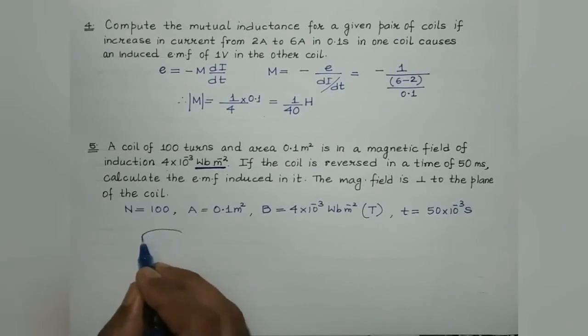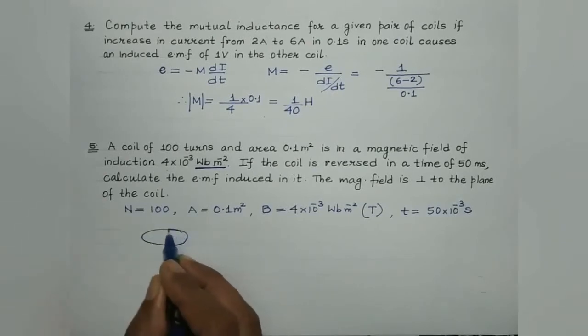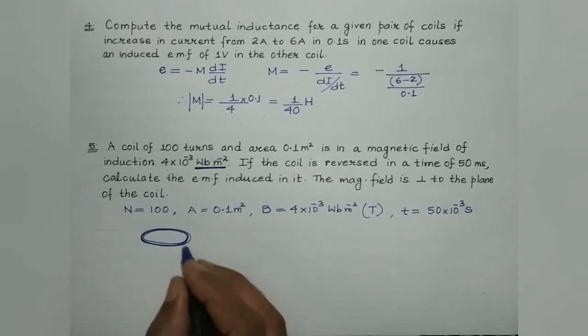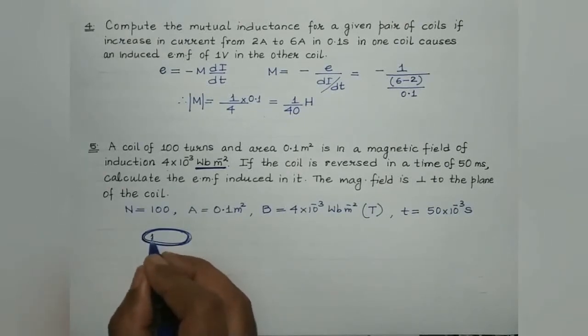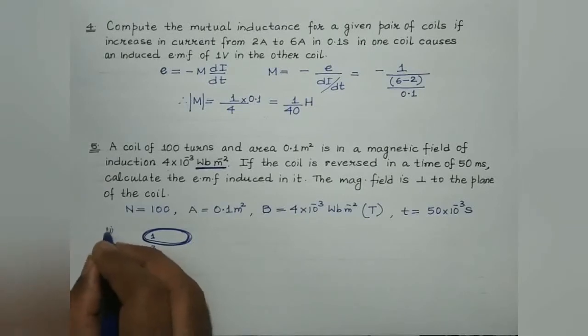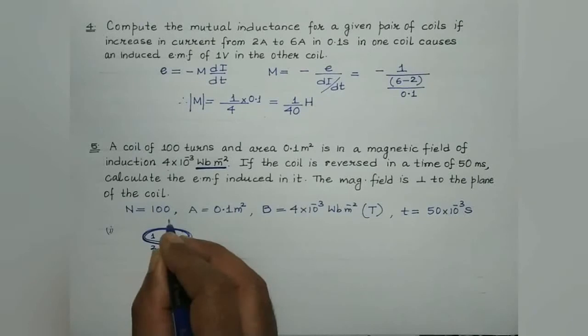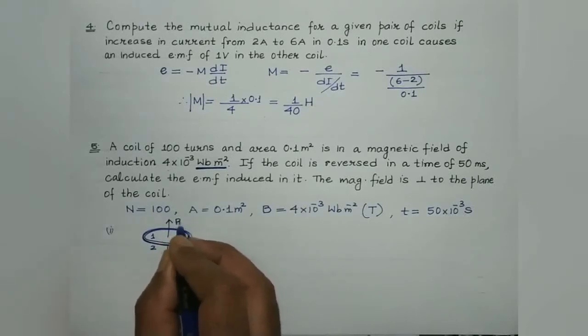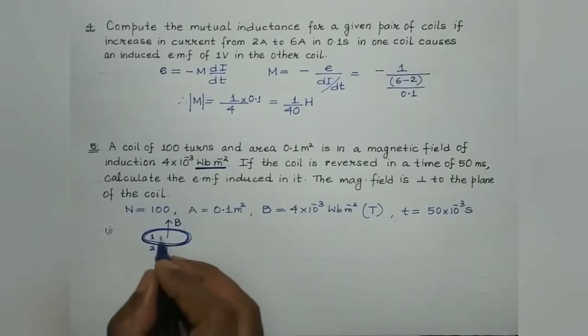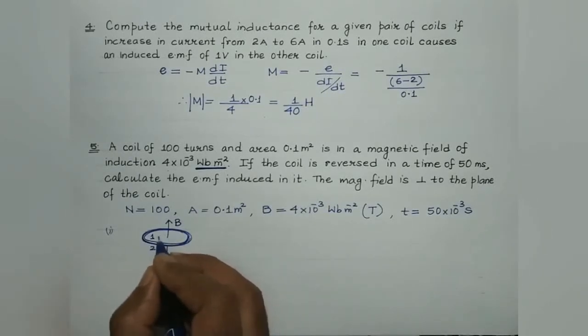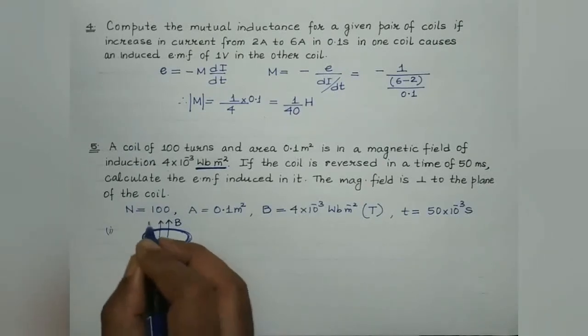This is, suppose, a coil of 100 turns, right? This is a coil of 100 turns, 100 identical turns. This is, suppose, the first face, the top one, and this is the below one, second. This is the first condition. And let us consider the magnetic field to be perpendicular like this. This is the perpendicular magnetic field. So what about the area vector over here? We are considering the first face, right? So the area vector would be along this direction.